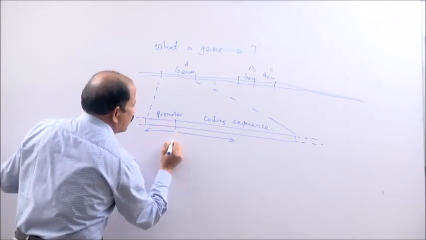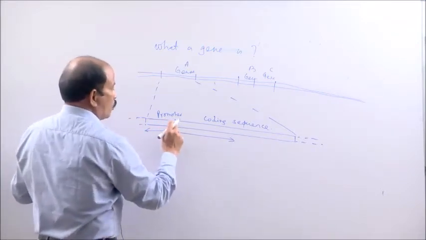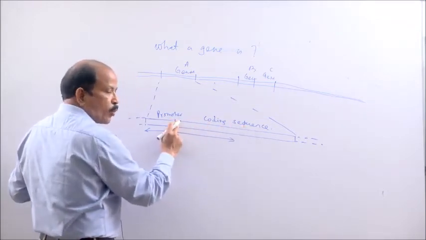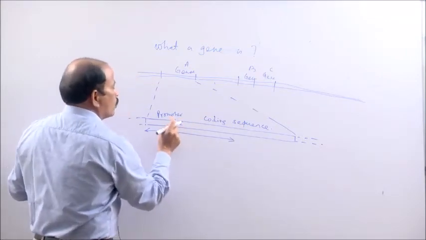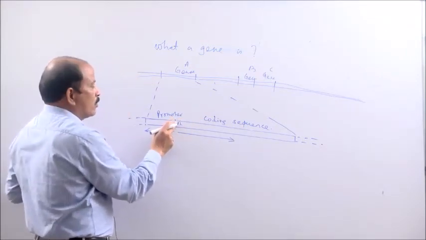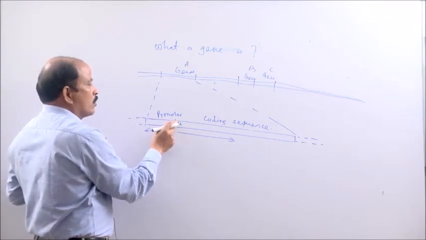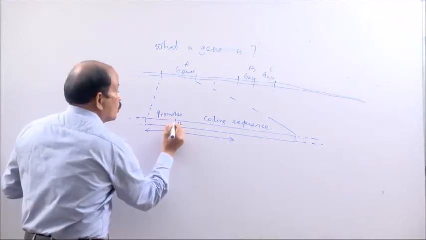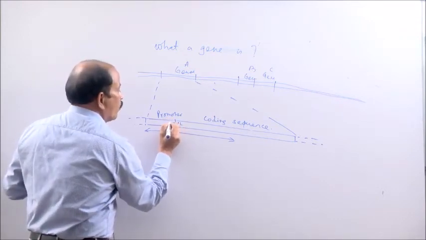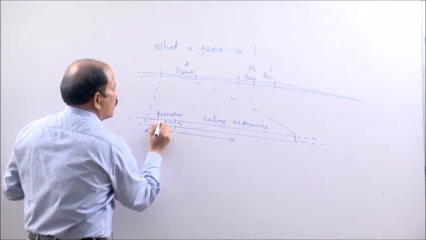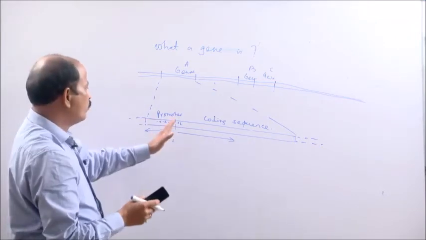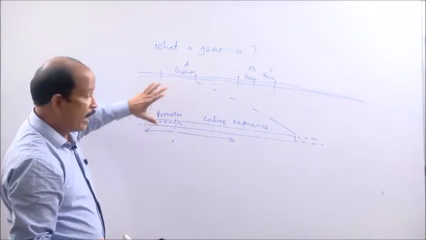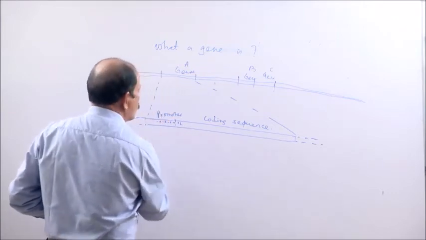The promoter sites are designated with negative numbers. Remember, the base from which transcription begins is designated as +1, and there is no 0 in between. The base adjacent to the +1 site is designated as -1. So the bases are -1, -2, -3, -4 likewise. The upstream bases of the coding sequence constitute the promoter, and promoters have a consensus sequence.